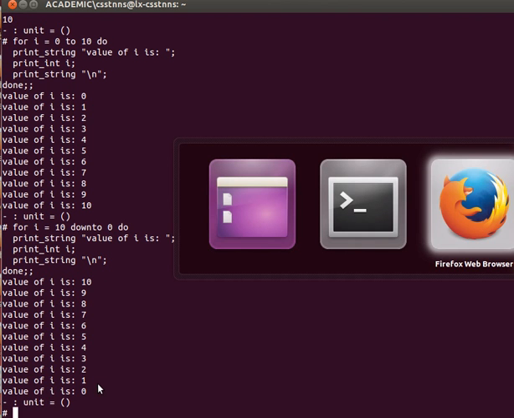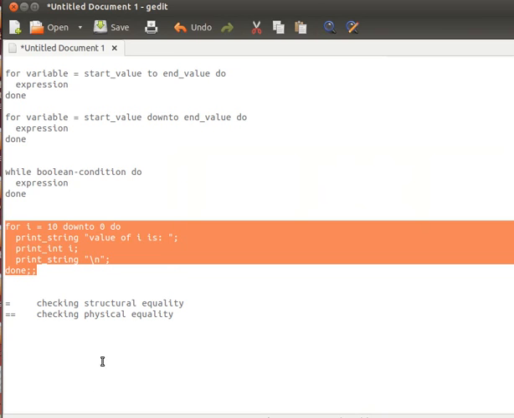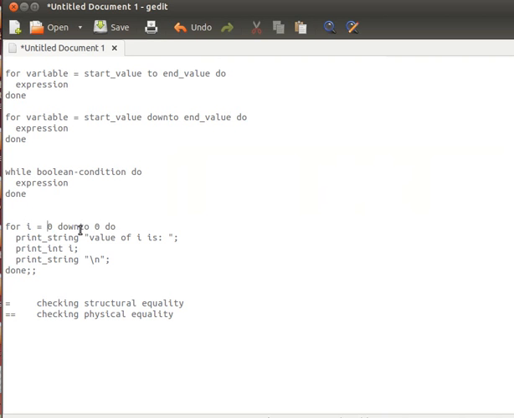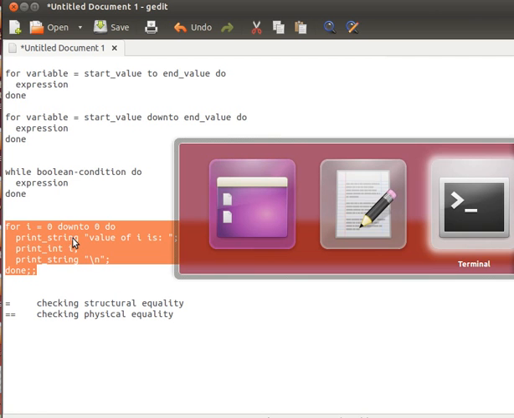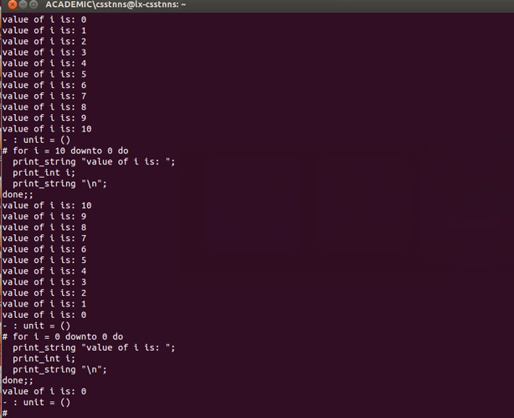If I by mistake, for example, say 0 down to 0, what do you think will happen? Do you think it'll iterate at least once, it'll execute at least once? I think the answer is yes,